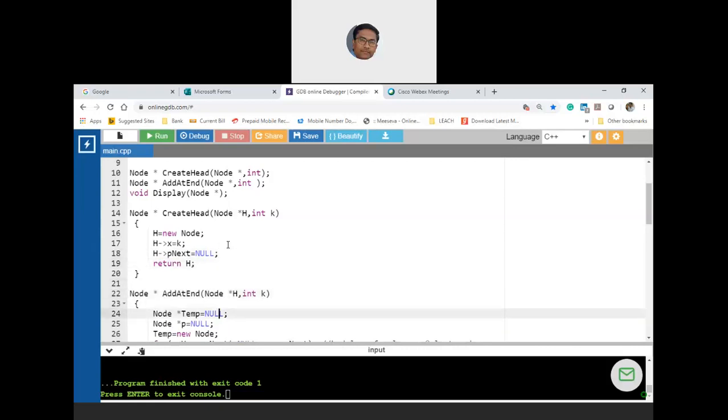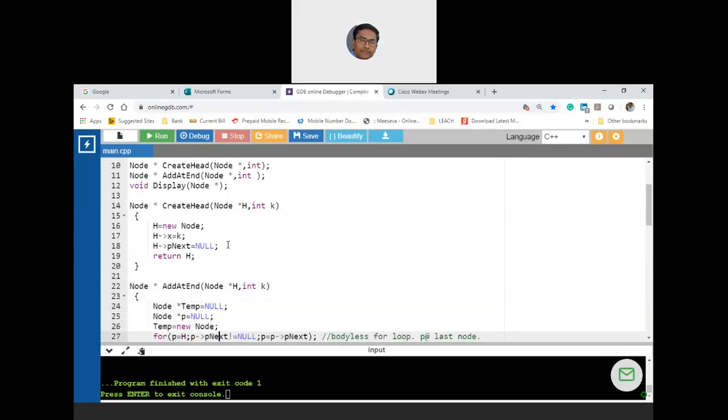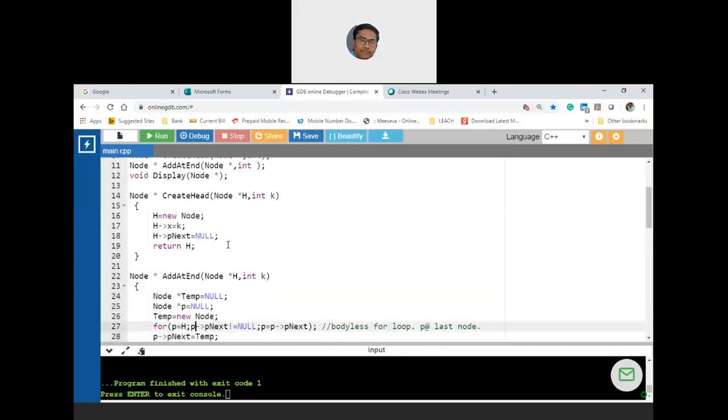Now 100 arrow P next was null because of line number 18. Now when the user is entering, let us say, 28. Now head is 100. Here P becomes head, means 100 arrow P next itself is null. So P is pointing to head. So here you are changing the head node, head arrow P next, you are changing in line number 28. You follow? That means P is nothing but head here. Yes, that's it. When you are adding the second node, what you are changing is head arrow P next only.